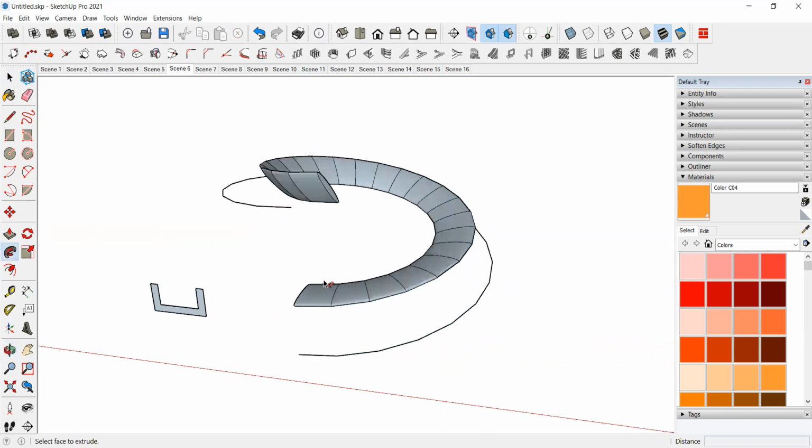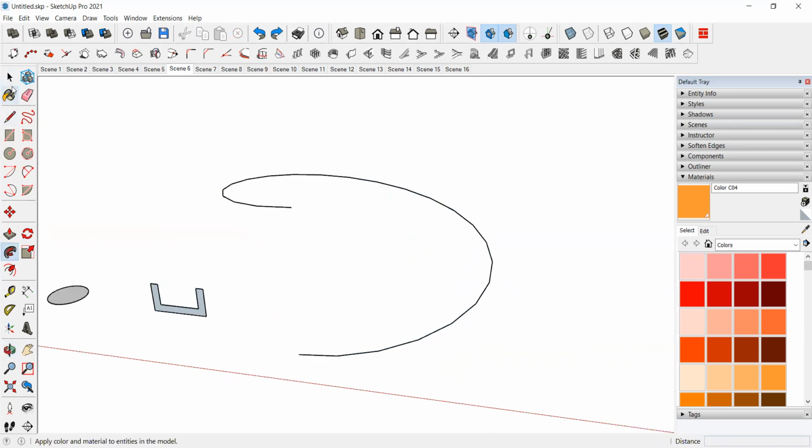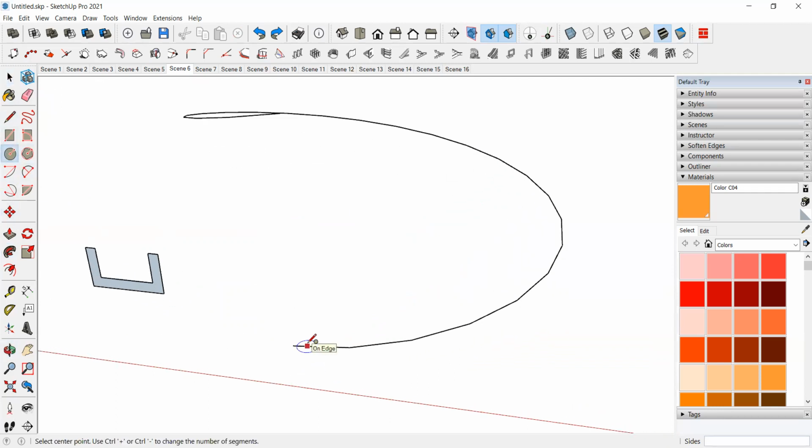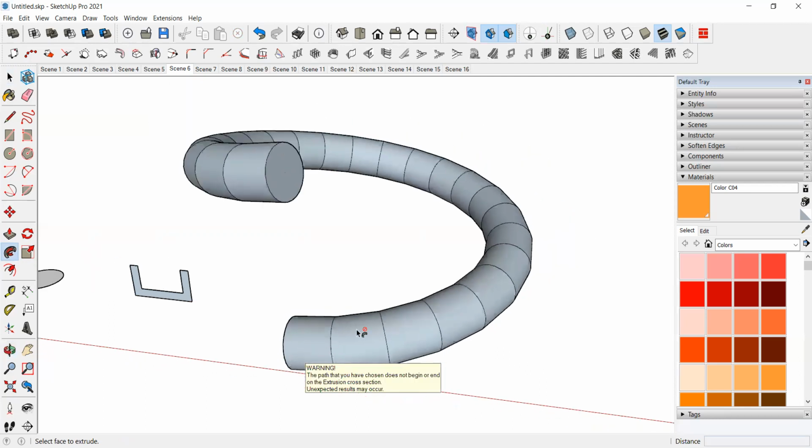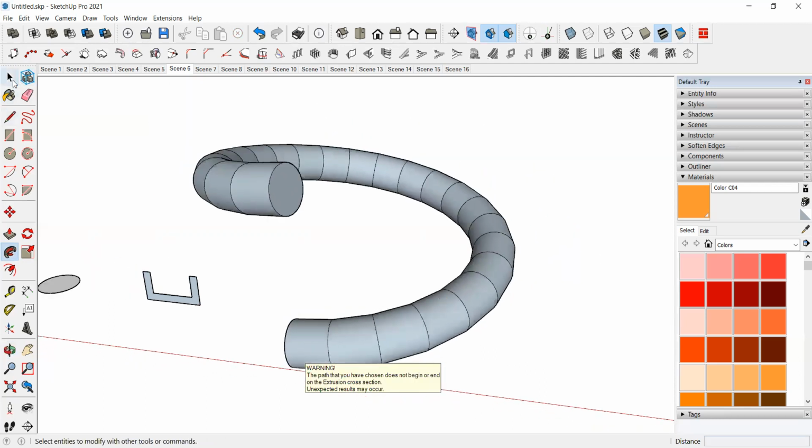Sorry, for the follow me tool, you have to draw the circle on this particular face, right? Then only it will take. So this one, follow me tool, and this one. Then only it will draw the particular shape.